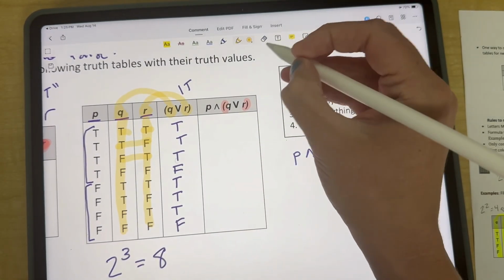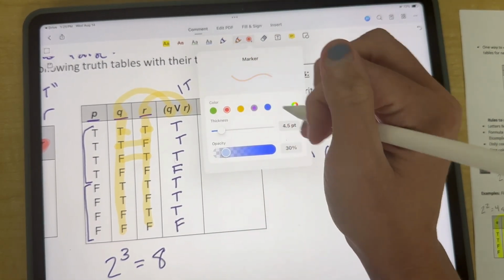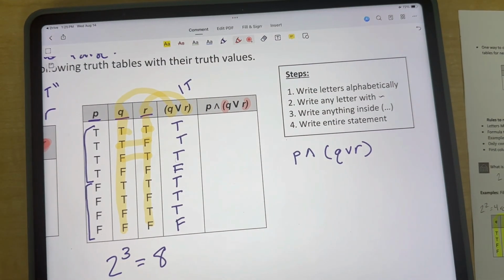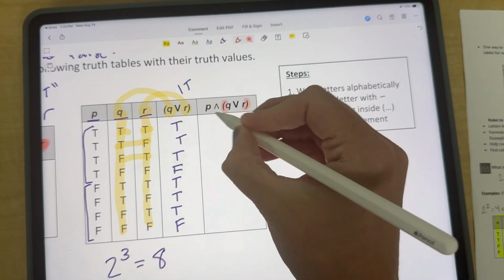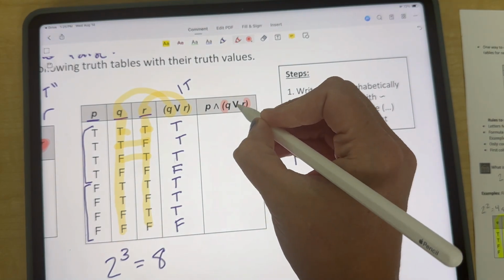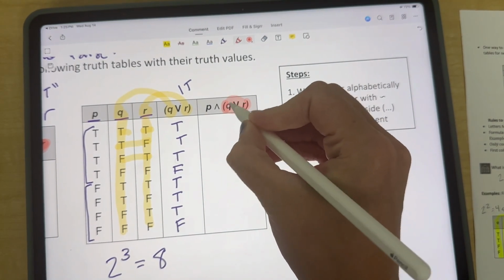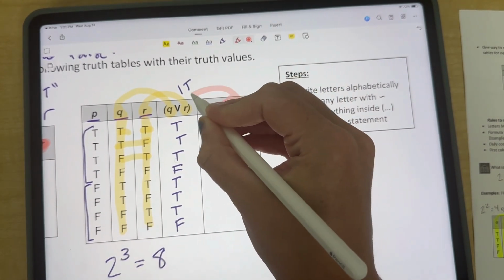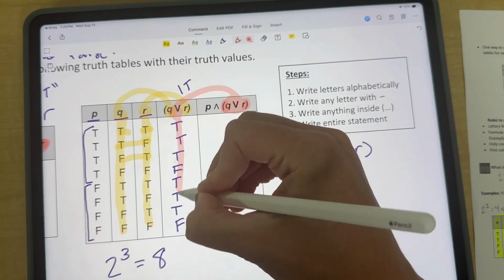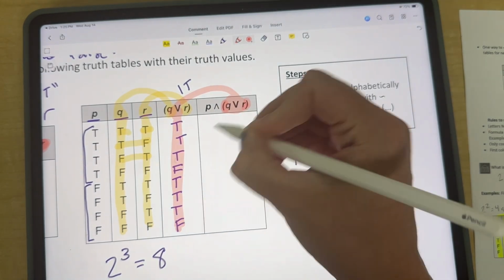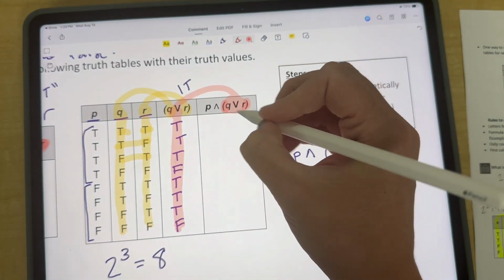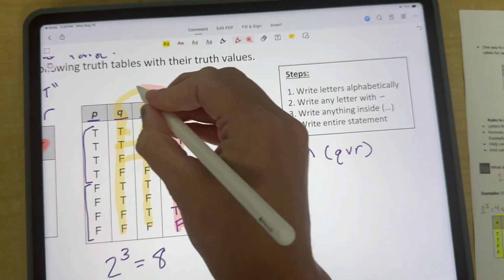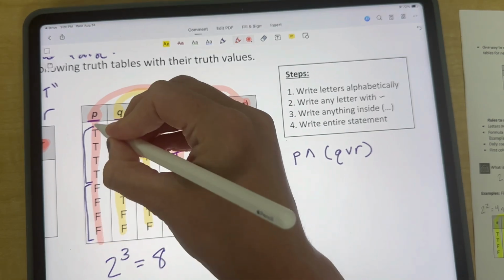All right, grab a different highlighter. Everybody needs to grab a different highlighter. I hope you guys are all doing this with me. Okay, in this final statement, these parentheses are going to be this table right here. And you're going to use this one. So whatever the parenthesis is, use the parenthesis column. What's the other one we need? We need P. So I'm going to draw a highlighter over to P and use this.